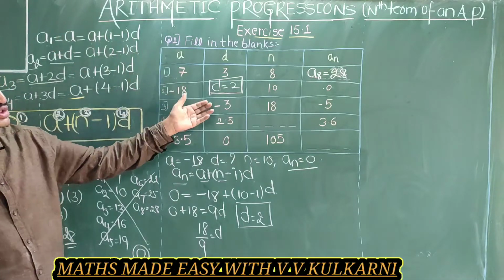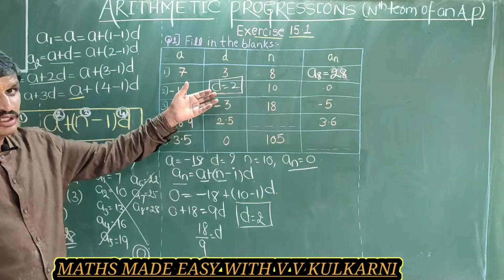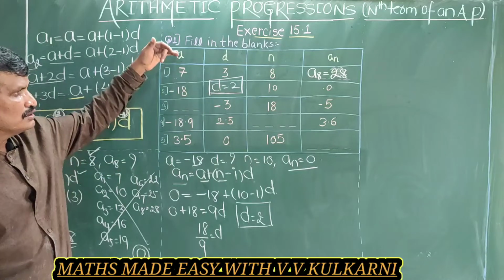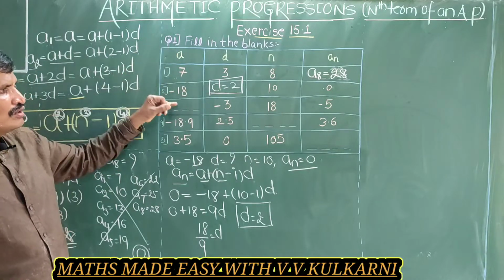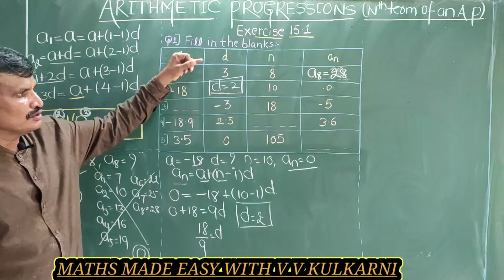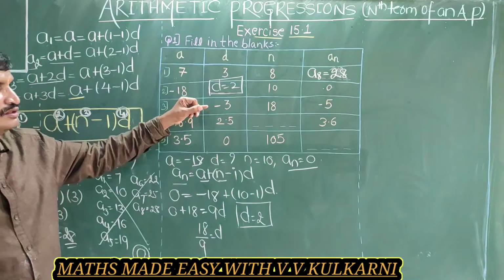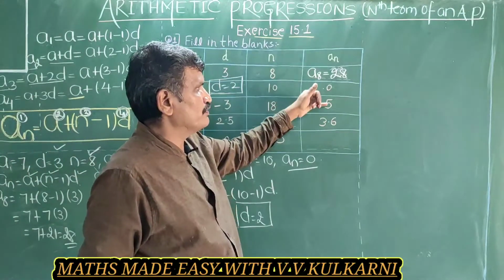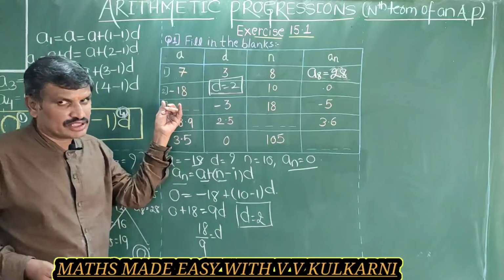See, the third song is going on. Can you listen? No. I will tell you what that song plays. The song plays, sir, we don't know the first term. The common difference is minus 3, sir. There are 18 terms in that AP, sir, and the nth term is minus 5. Will you please tell us where it starts?